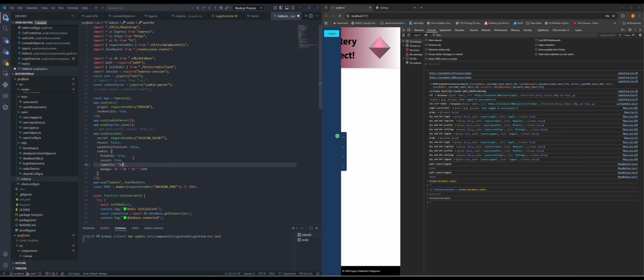But we use Lax and we also use CORS, with origin and credentials true. That gives us the opportunity to communicate from the front end on port 5173 to the 3001 backend, but it's also not the only